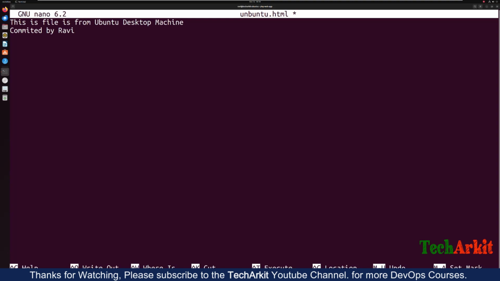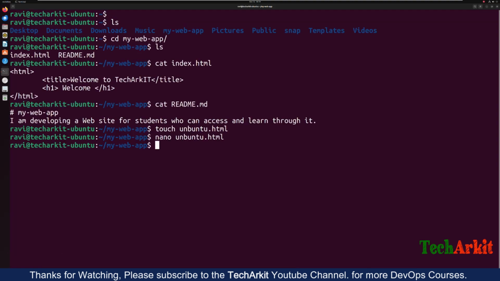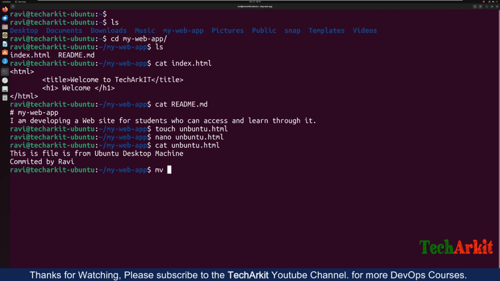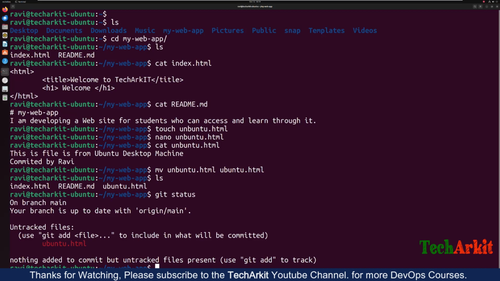Now let's save this file. Okay, let's rename this one properly, ubuntu.html, right? You can see that now the file is there, and if you type git status, the file is untracked,